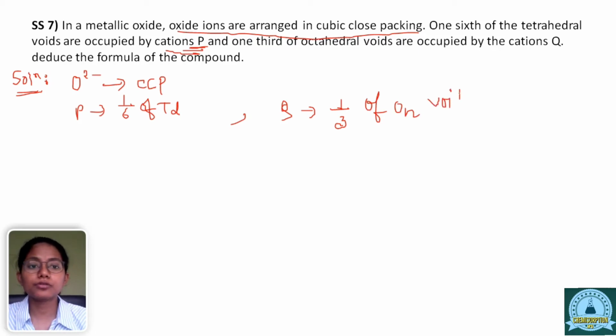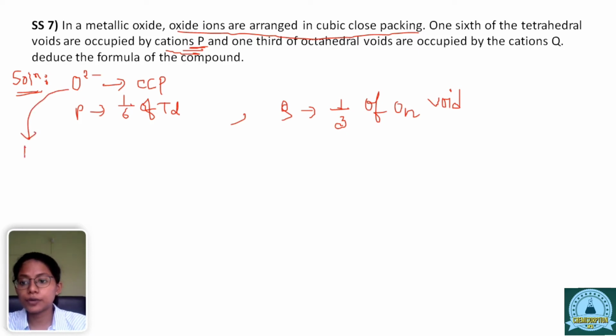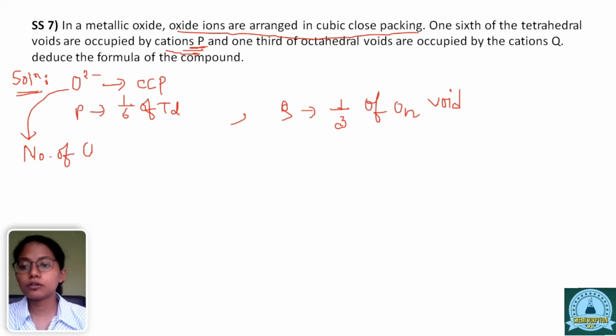So now we have to deduce the formula of the compound. So since oxides occupied the CCP, therefore the number of O atoms